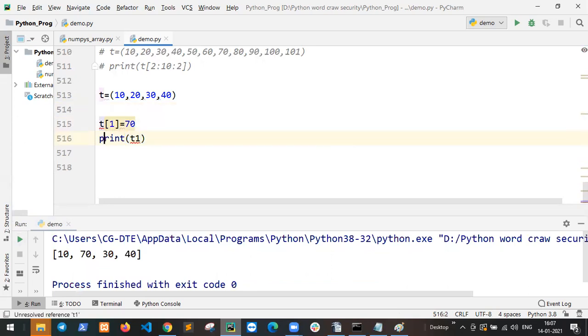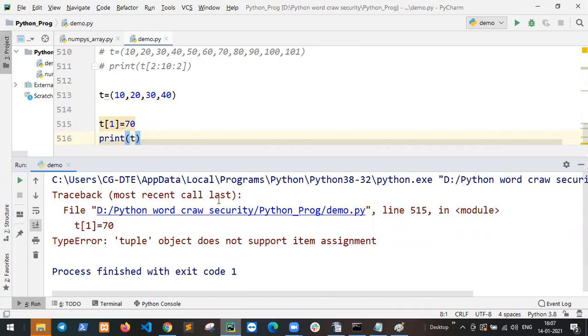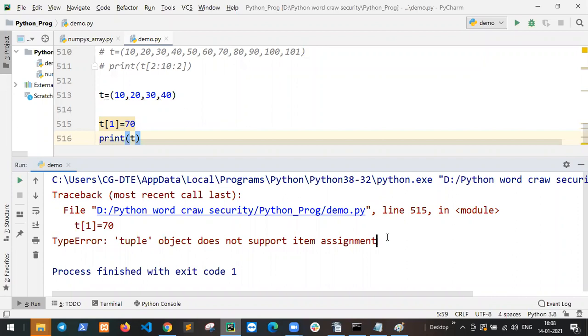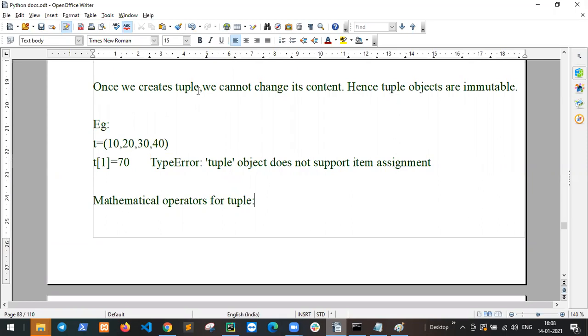And T of index 70... This means take the most recent call, T1 of 70: TypeError, tuple object does not support item assignment. Because once we create a tuple we cannot change its content.